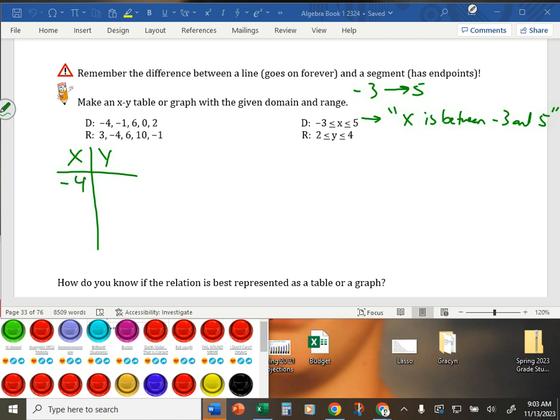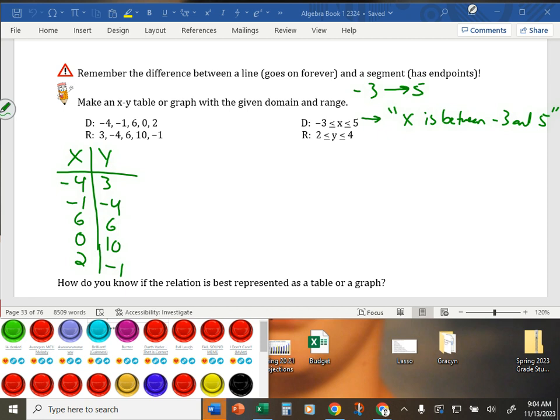Your x values are -4, -1, 6, 0, and 2. Your y values are specifically 3, -4, 6, 10, and -1. You know it's a table because of the commas. It lists them specifically. It doesn't give you a range, right? Whereas the next one,